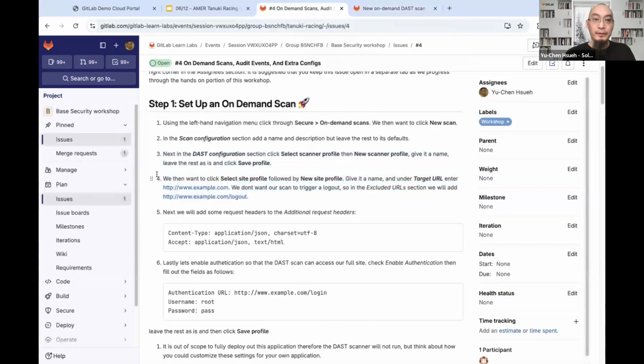So what's the next step? We're on step 4 now. The site profile. Site profile really is what is the target that we want to hit? What's the URL? Okay. So first things first, we're going to use the good old example.com website, and that's going to be our target URL. So what we do here